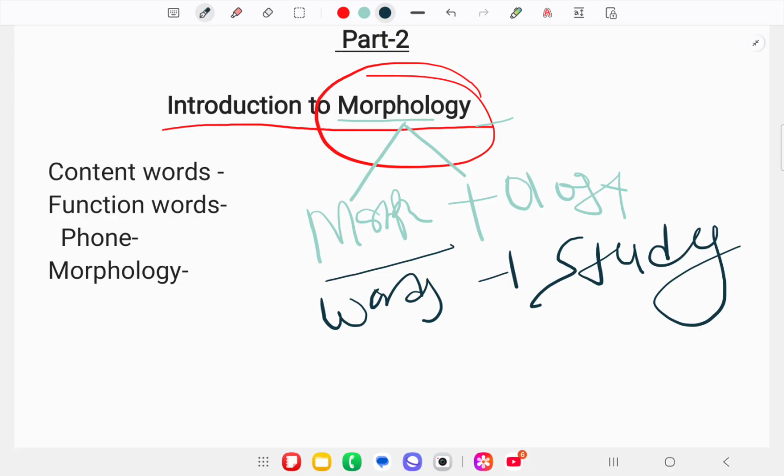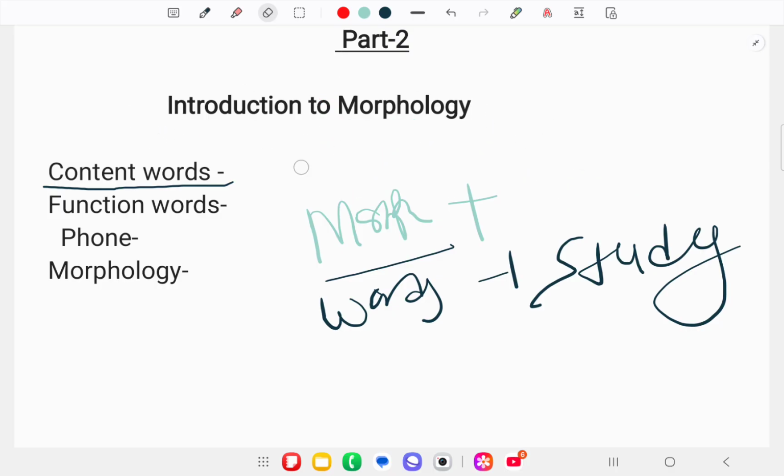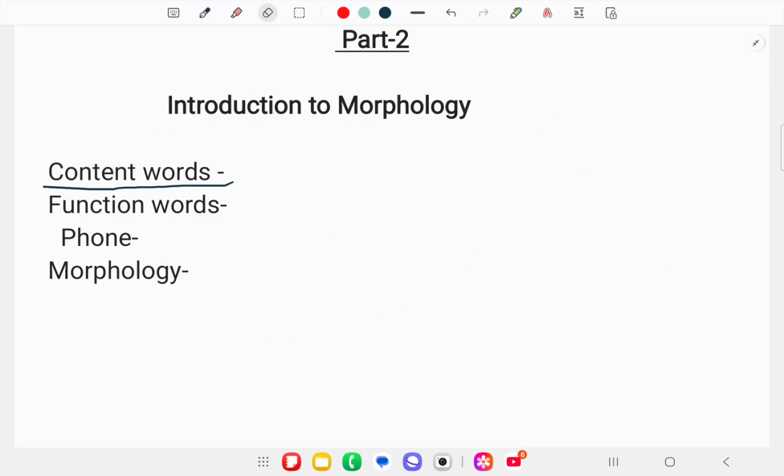Next, in my previous lecture, we had a little discussion on content and function words, and in this lecture too, we will discuss content and function words a little. Okay, so what are content words and what are function words? When we talk about content words, content words are the words to which we can attach any of the affixes. Content words, as we all know, are also known as open class words,